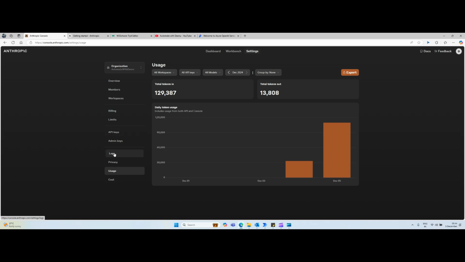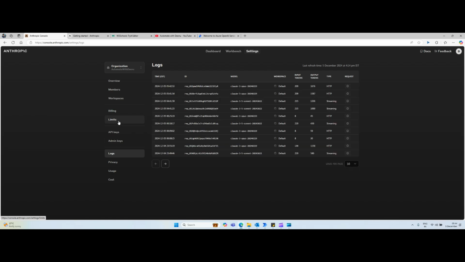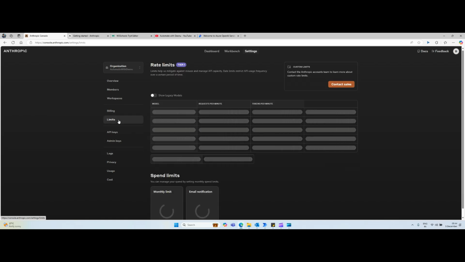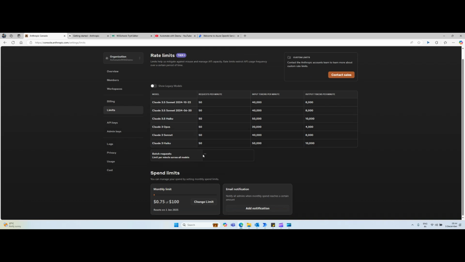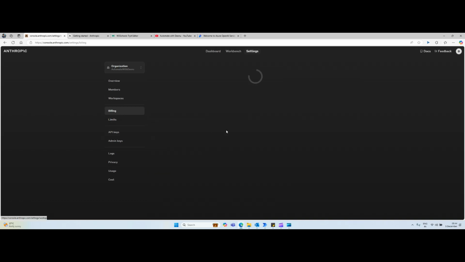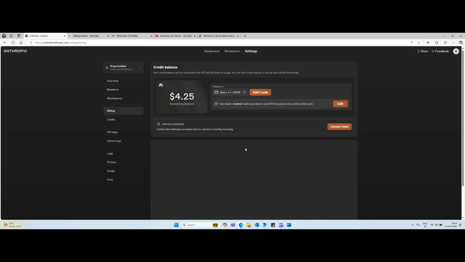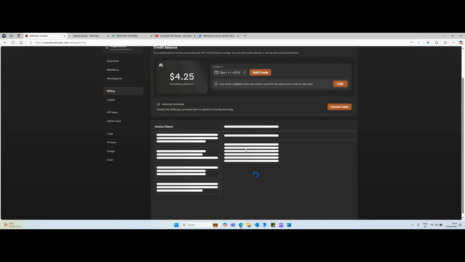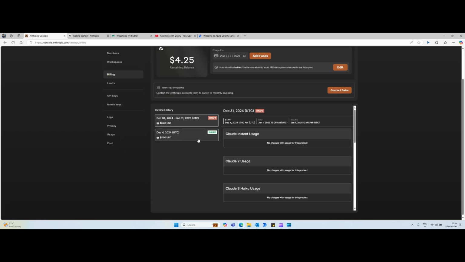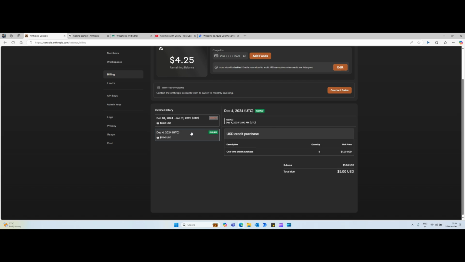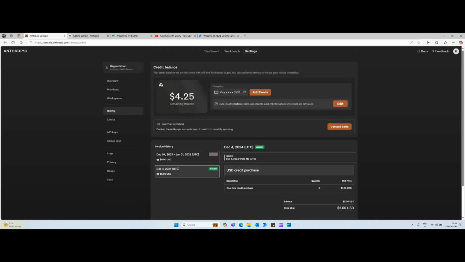And also you can see the limits here, and in the billing section itself you can see the invoice. Okay, these are all fine. So for now,